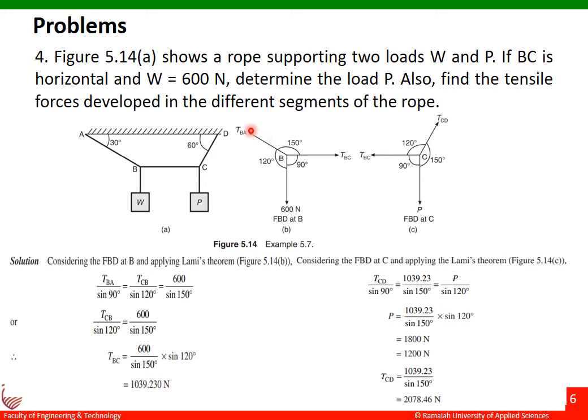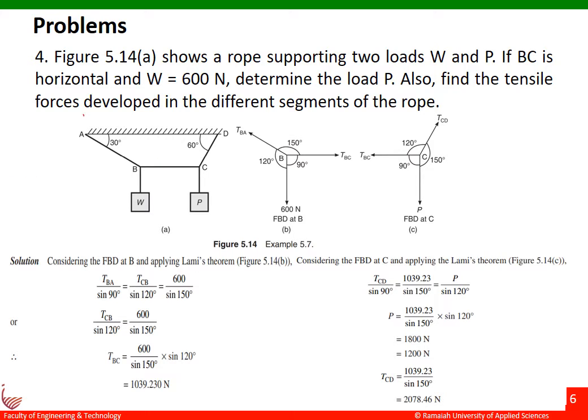And then we have tension in cable BA. Why? Because this is tied at the ceiling. The direction of this force would be upwards. And then there is one more force which is acting at point B, that is TBC, tension in cable BC. Okay, we have three forces. Let us find out the angle made by these forces.